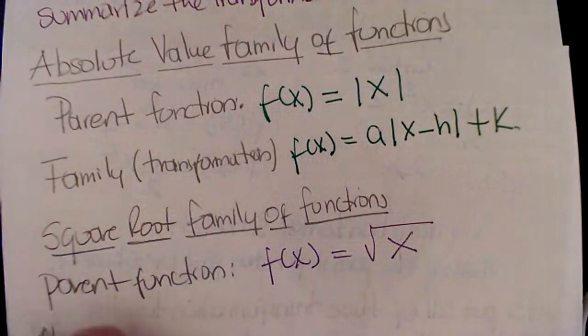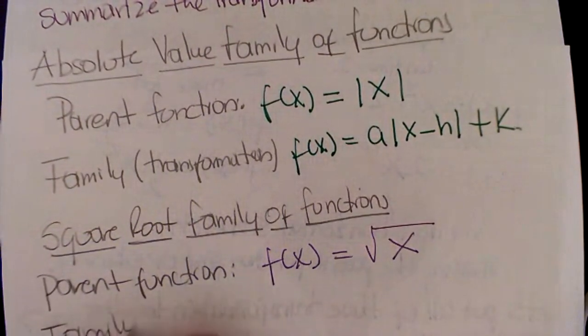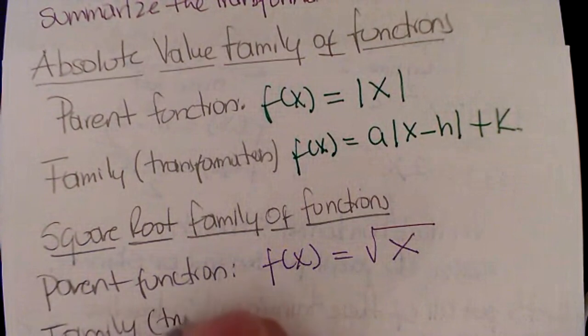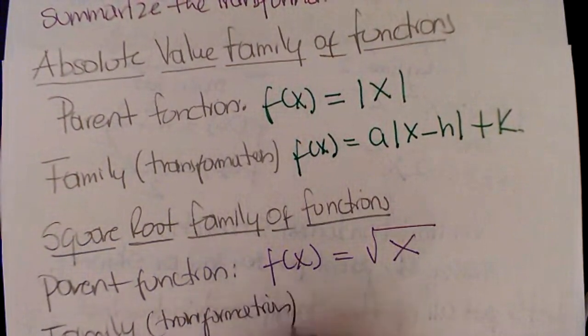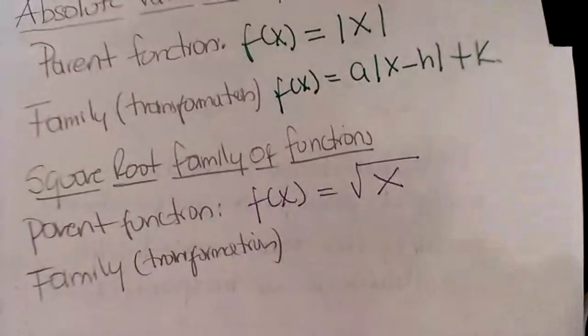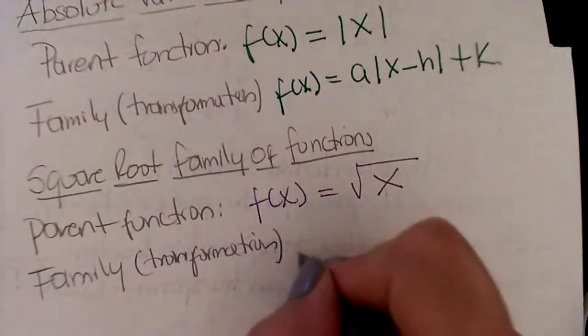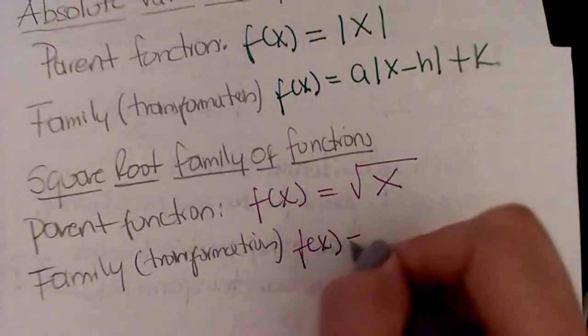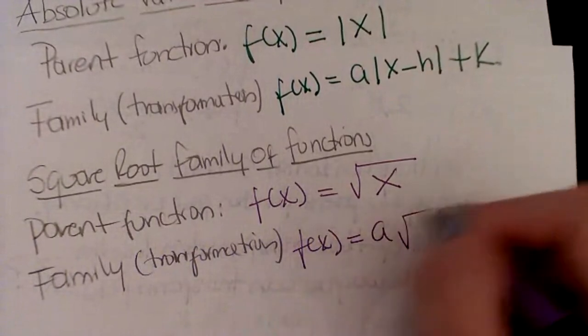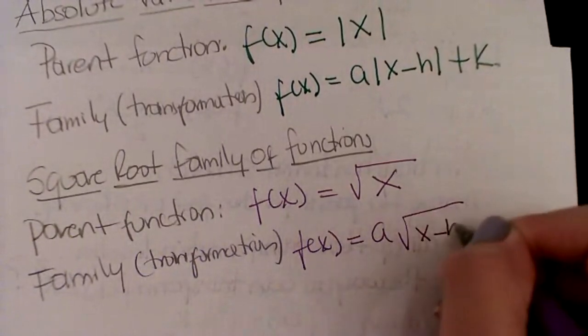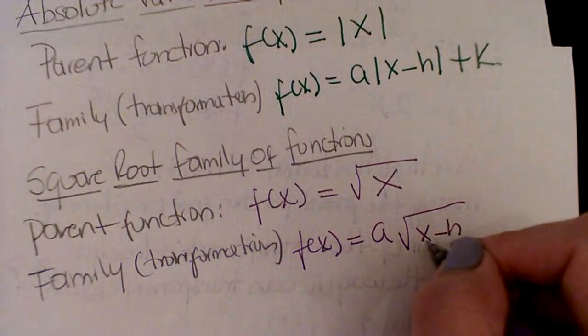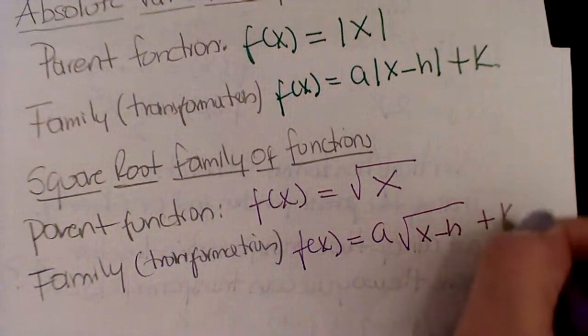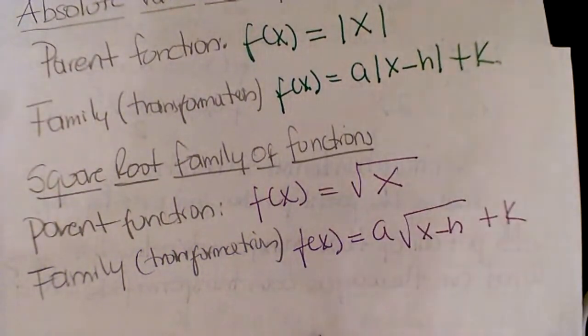Now, the family transformation is going to be f of x equal to a times the square root of x minus h plus k. All right,